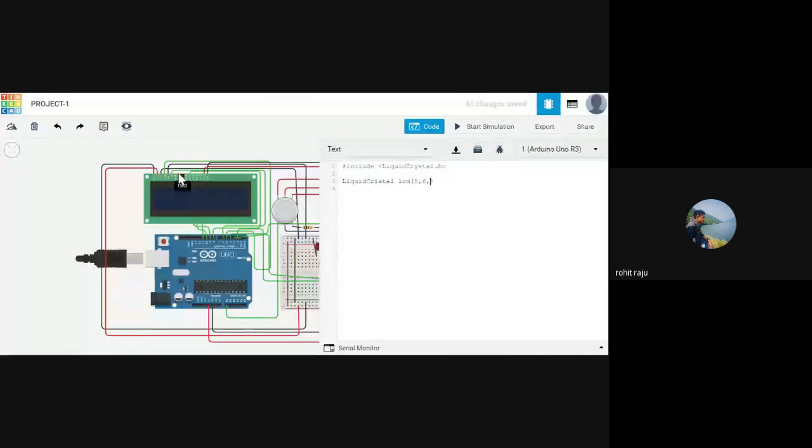And next we omitted all of this, and we have db4. So where did 4 go? To 8. So db4 went to 8. Next db5. db5 went to 9. And db6, let's see, where did db6 go? Yeah, db6 went to 10. And db7, which is our final pin, goes to 11.